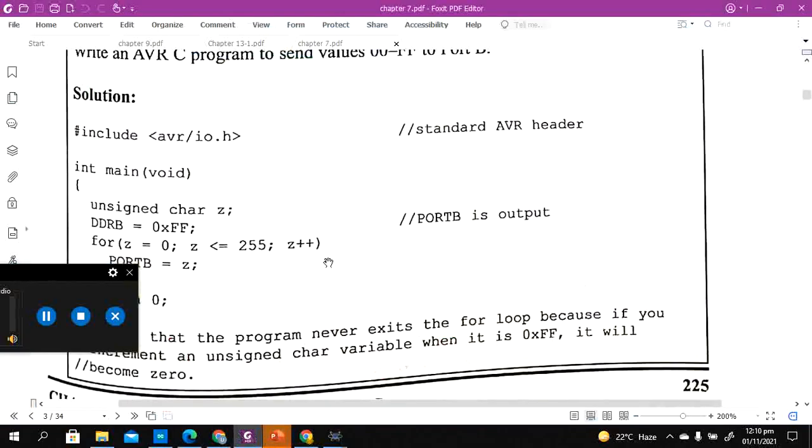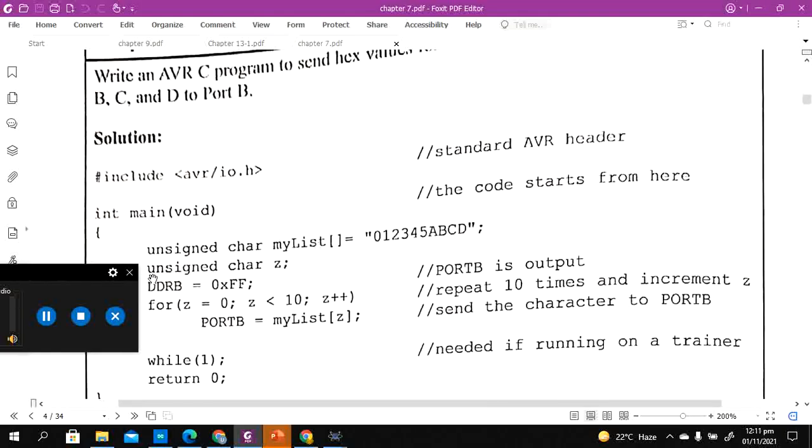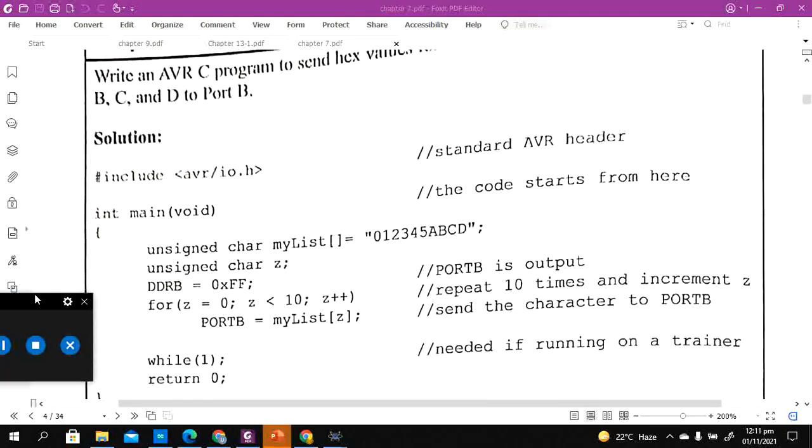Let's see example number 2. In example number 2, what you are going to expect as output is basically the ASCII symbols. This is an array storing the values 0, 1, 2, 3, 4, 5, A, B, C, D, as a string of characters, and these symbols are going to be presented on port B. Note that when you display the 0, this will be shown as